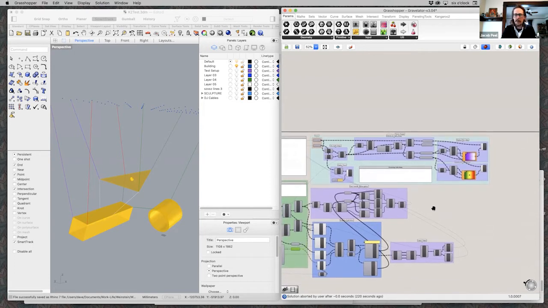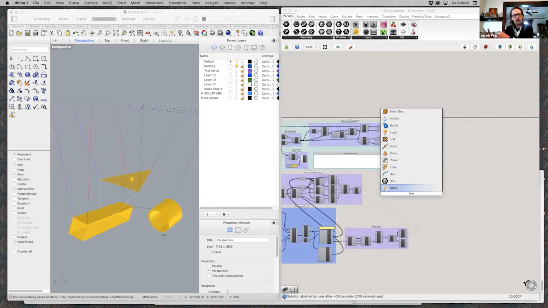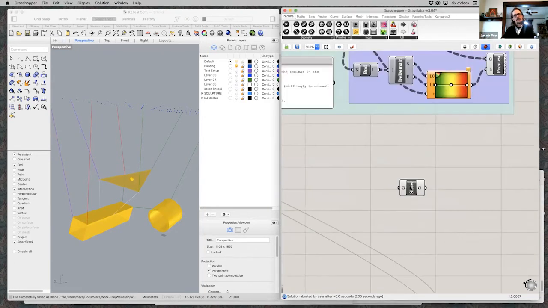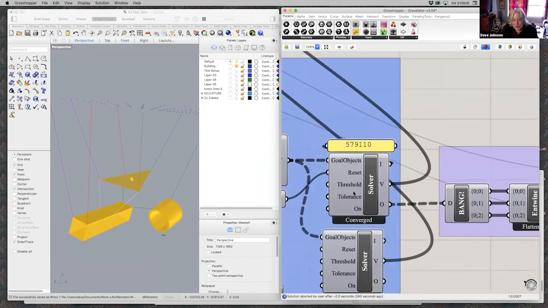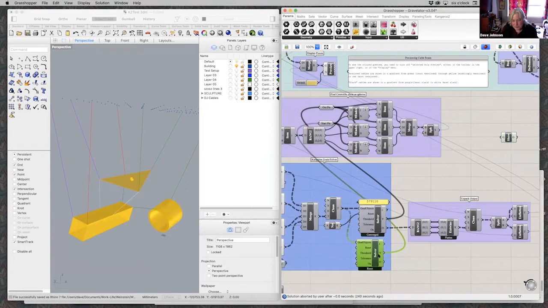You can isolate maybe something that you want to be affected by Grasshopper, or not Grasshopper, Kangaroo. Something that you want to be affected by Kangaroo, but on the other side of it, it remains accessible in a similar. Oh, I see. There it is. Yep. Yeah, and I did something similar here by actually just using 2 solvers. And one of them,